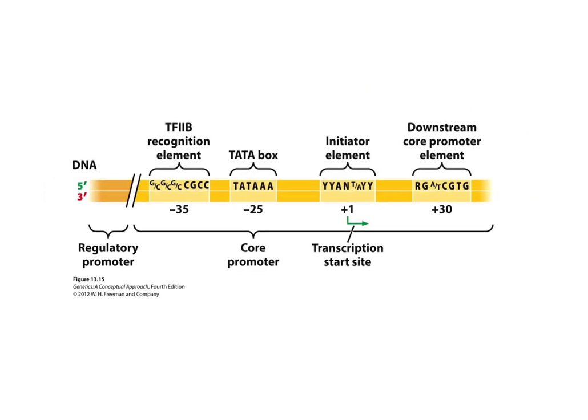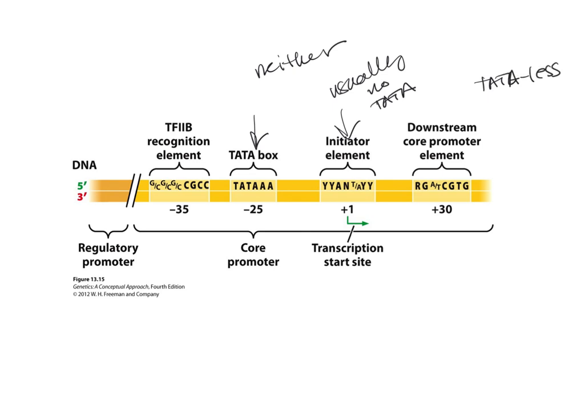And here's some examples of the core promoter, right? We can have the TATA box. There's also initiator. If you have initiator, you usually have no TATA, but sometimes they both work together. Sometimes you have neither of these. Sometimes you are a TATA-less promoter. Sometimes you can have a downstream core promoter element. Sometimes you don't. TFIIB recognition sites, which nobody buys too much.